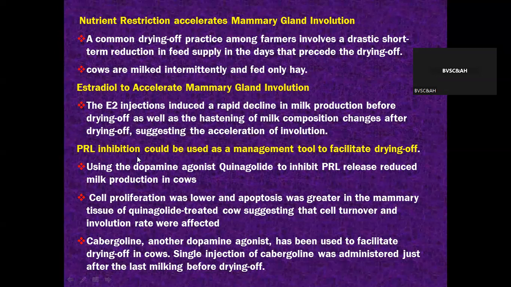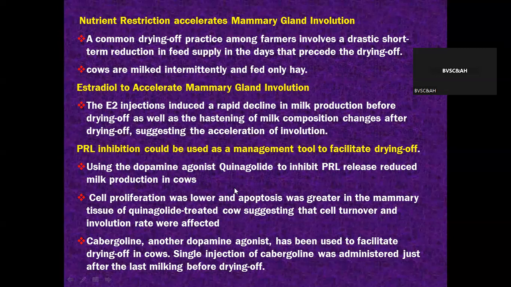Similarly, prolactin inhibition could be used as a management tool to facilitate drying off. We know that dopamine is basically the inhibitor of PRL. If you use agonists of dopamine, they will inhibit PRL, and if PRL is inhibited, that will accelerate